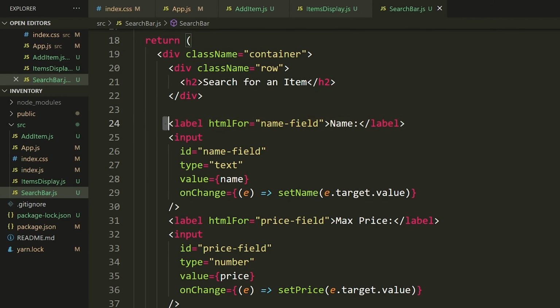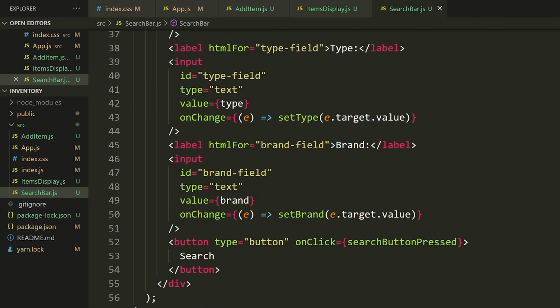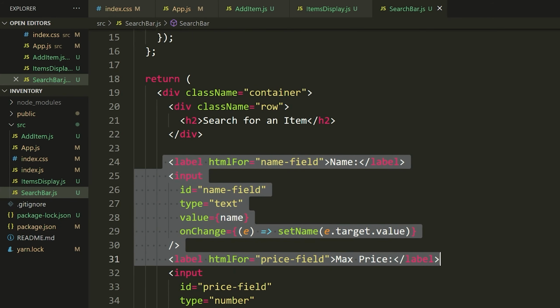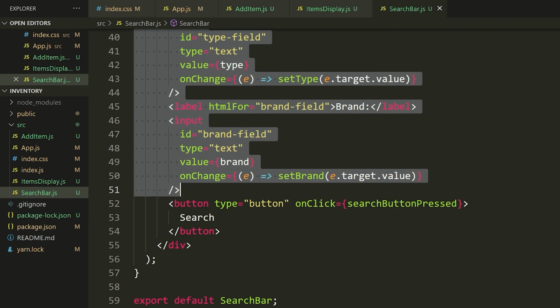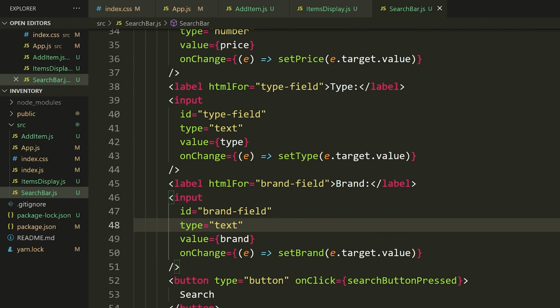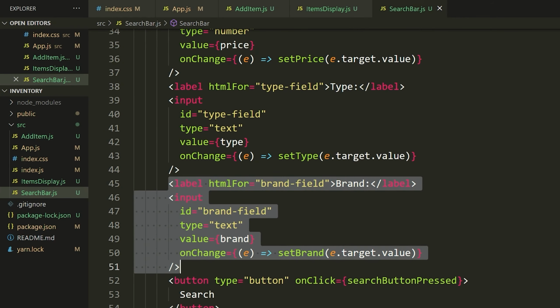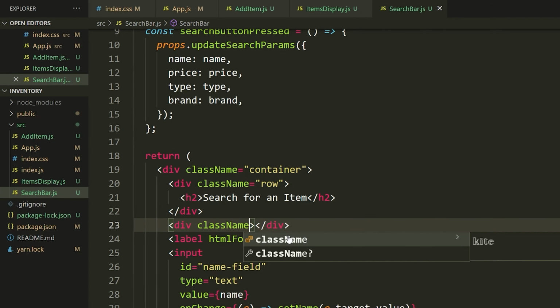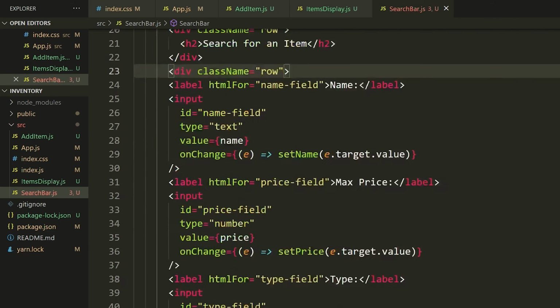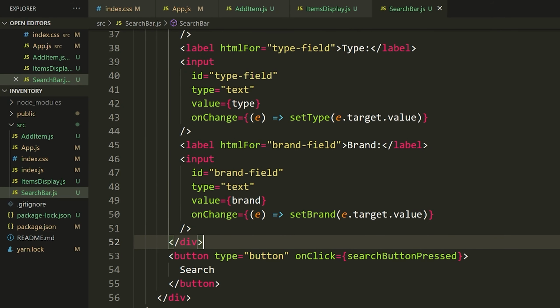Okay. Now what I'm going to do is put every single one of these input fields here inside of one large row, and inside of the row, they're going to be in individual columns. So we'll have one row that contains all of this stuff except the button, and then every single individual field here will be inside of a column, and that will allow us to have 4 of these input fields on one row. Okay, so I'm going to say div, I'm going to say class name is equal to, and this will be a row. I'm going to take this div, I'm going to put it at the very bottom here of all of my input stuff.